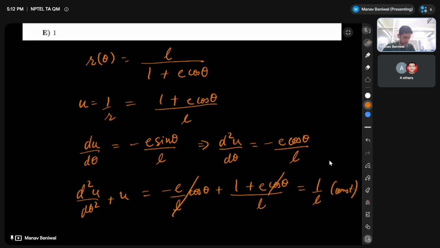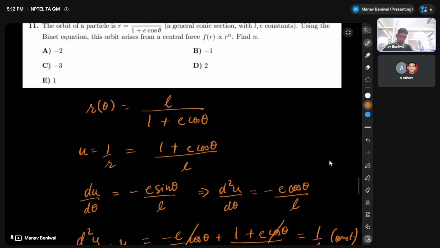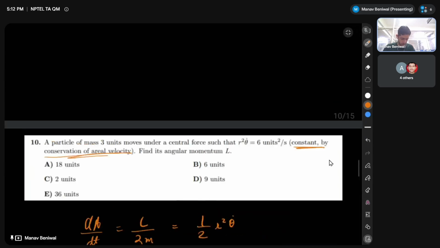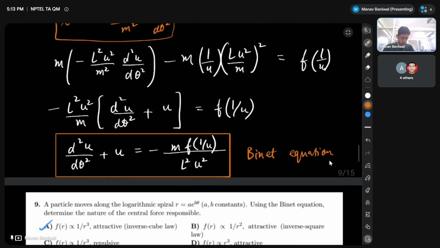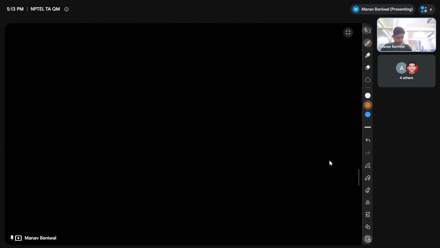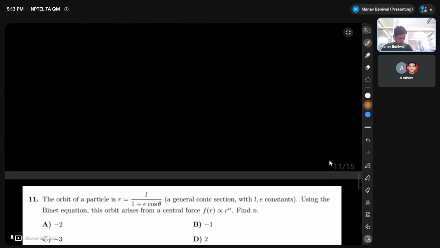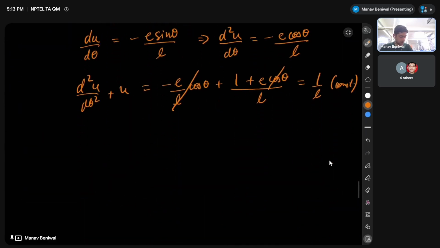So my right hand side of the Binet equation, which was written over here, is just a constant 1 over L. So m f of 1 by u upon L squared u squared is simply 1 over L,